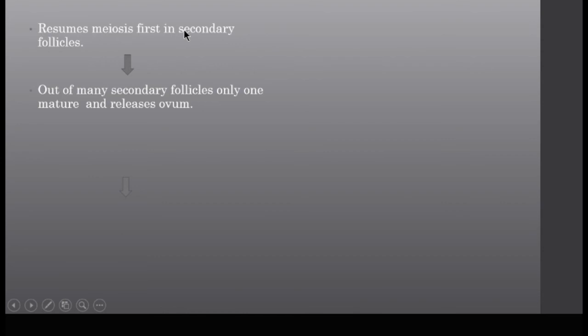And I already told what makes those primordial follicles get converted into the primary follicles. This mechanism is unclear, because not all the primordial follicles are converted into the primary follicle, only a few primordial follicles are selected for that. Okay, and then the primary follicle gets converted into the secondary follicle, and out of these